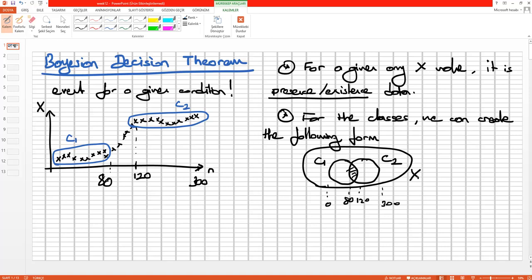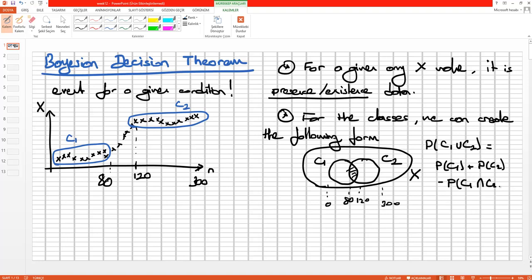Okay, and so if there exists any data related to the x value, then we can build the C1 and C2 classes here, but with some properties of the conditions, okay? And also we should give that P(C1 union C2) is equal to the probability of C1 plus probability of C2 minus